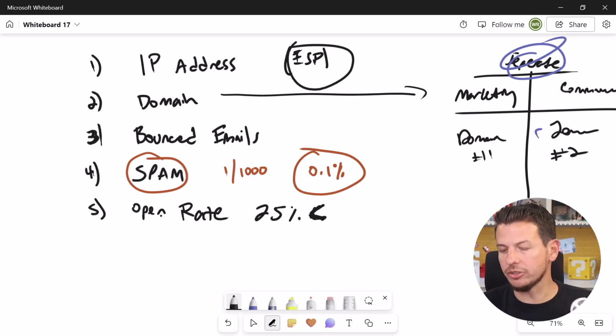And it's not always going to be fully accurate with the open rates and your ESP. They're going to give you the best estimate that they can. But yeah, you definitely want to try and be over that 25% whenever possible. If you're floating around at 5%, 6%, 10%, it's going to mess up your domain reputation, right? So how do we get a better open rate? Well, if you're seeing low open rates, it's more than likely because you're already going to the spam filters, you're already in the promo folder, or basically, you're just not being seen. So if you are seeing low open rates, that's likely the cause right now. And so now you've got to figure out how you're going to get out of that,